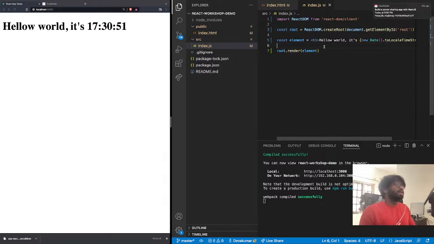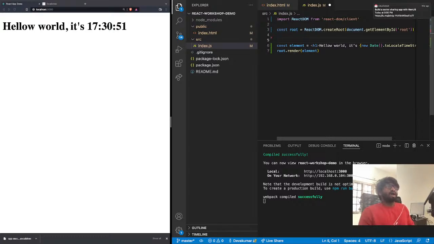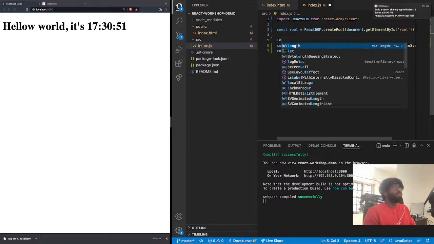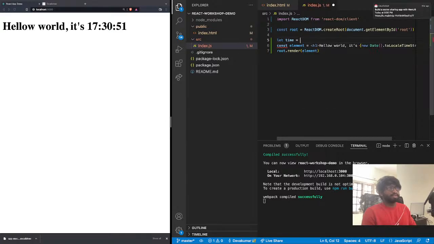Now the thing about React is every component that is created like this is immutable. That means once it's created, we cannot modify it directly. So with what we know so far, let's try to wrap this in a function. Okay, I'll give you an example of why it can't be updated directly. Let's say we have a time like this,